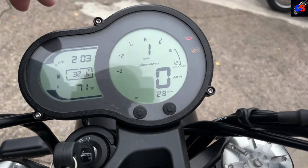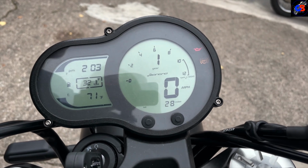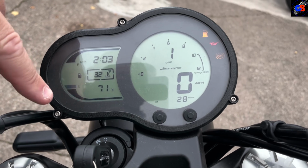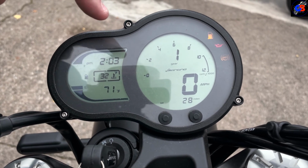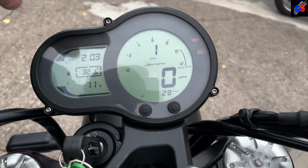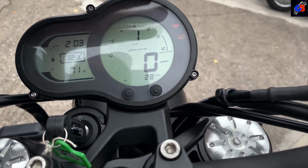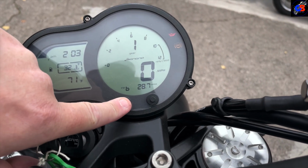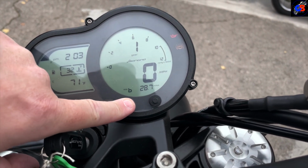Well, this bike's brand new, it's the demonstrator bike at Into Moto, so it is a brand new bike. You've got air temperatures, you've got fuel gauges, there's clocks, there's engine temperatures, you've got everything that you need and more on there, and then you can go through trip computers and such,